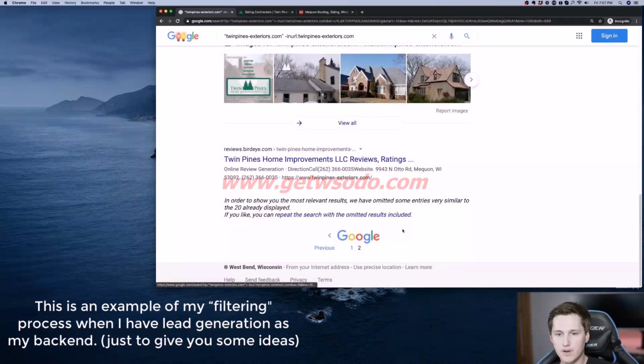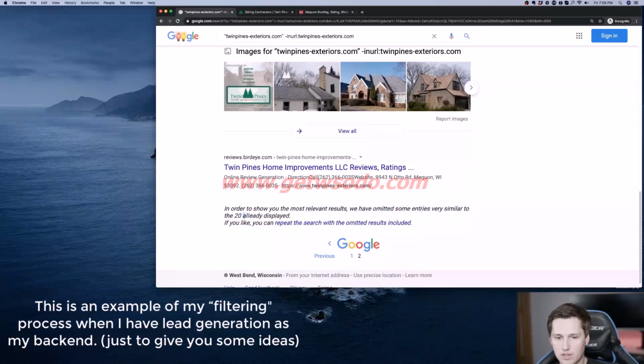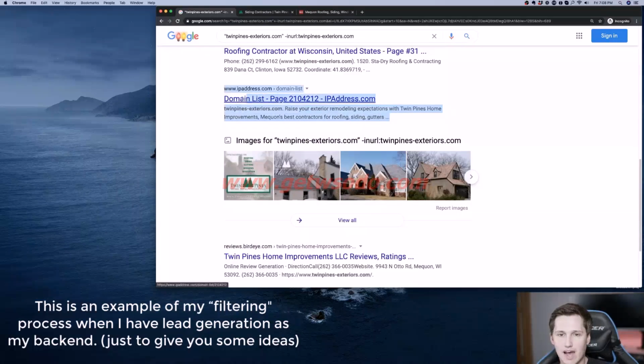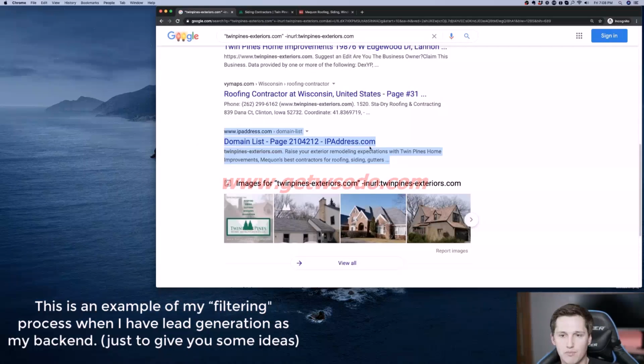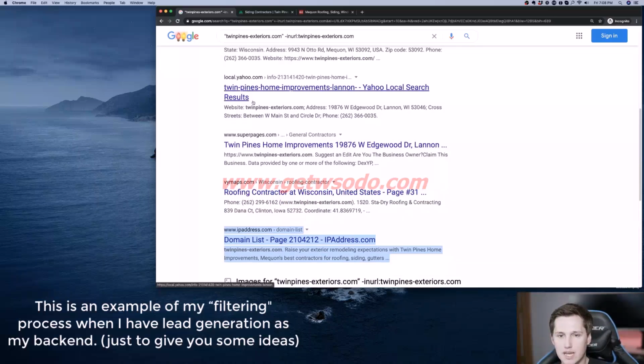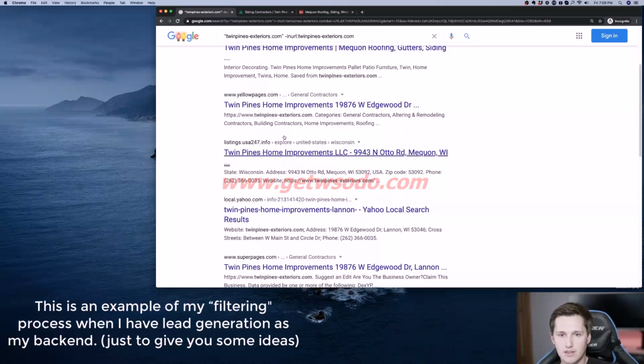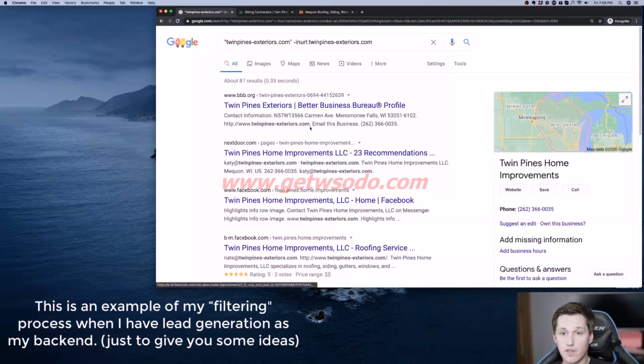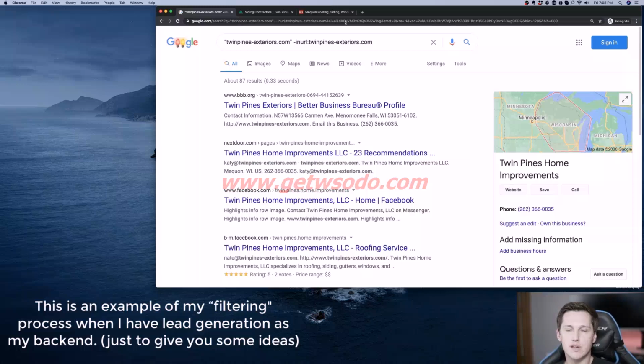So what Google's really doing is saying here we've got other results, but they were repeated. They were very similar to the 20 already displayed. So if I went through and actually counted them, I'm not going to count this ipaddress.com. That's just a spam website. But I would count the legitimate ones like Yahoo, the Super Pages, yellowpages.com, the Pinterest. These are all legit ones. And I would say out of all the legit ones, they probably have about 13 sites they're listed on. What does that tell me? That tells me that in order to compete with them, I may need to get listed on around 13 sites.